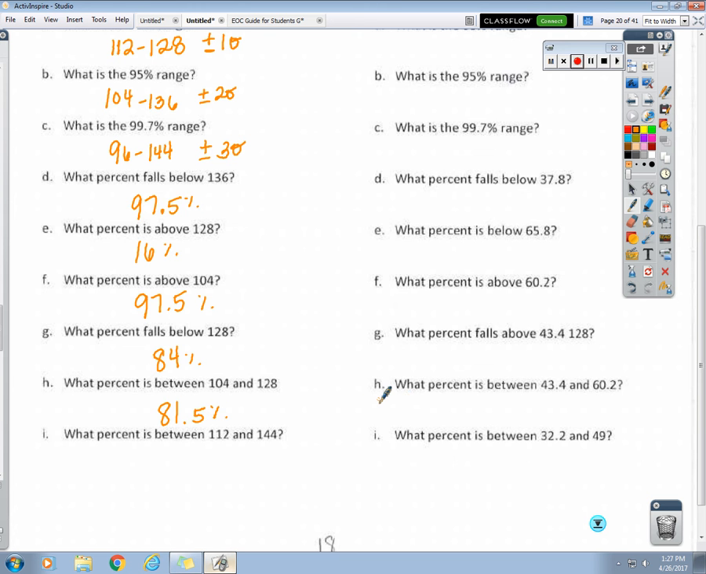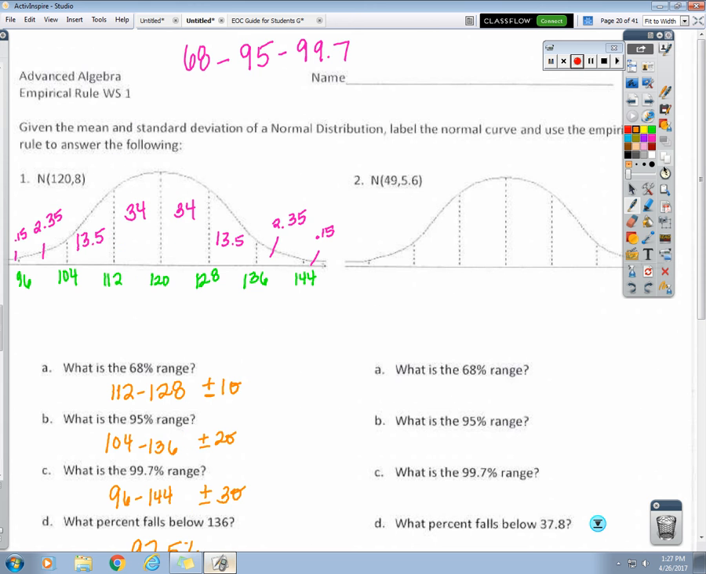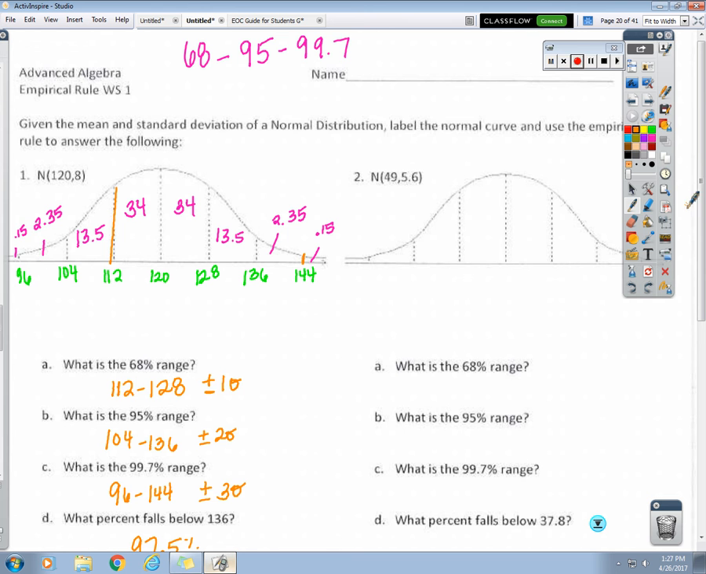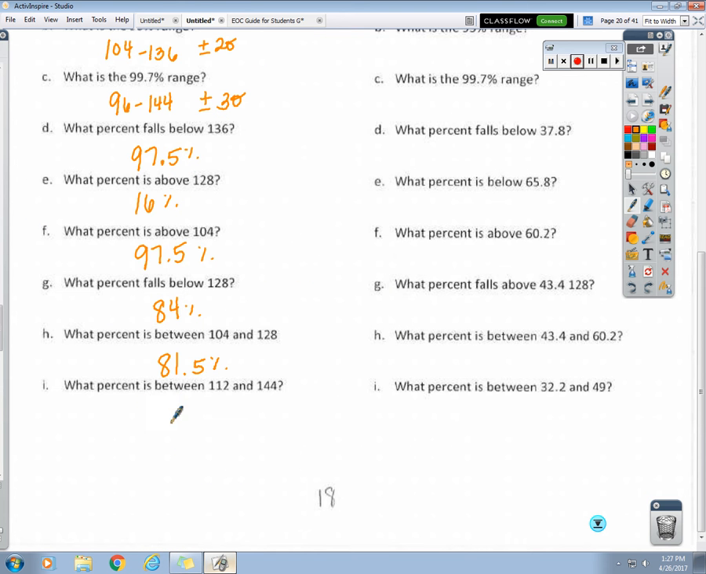And then what percent is between 112 and 144? 112 and 144 would be from this line to this line. So 34 plus 34 plus 13.5 plus 2.35. Not quite. 83.85. If you add up 34, 34, 13.5, and 2.35, it's 83.85. Okay, now I'm going to give you a couple of minutes to try number 2 by yourself before we go over